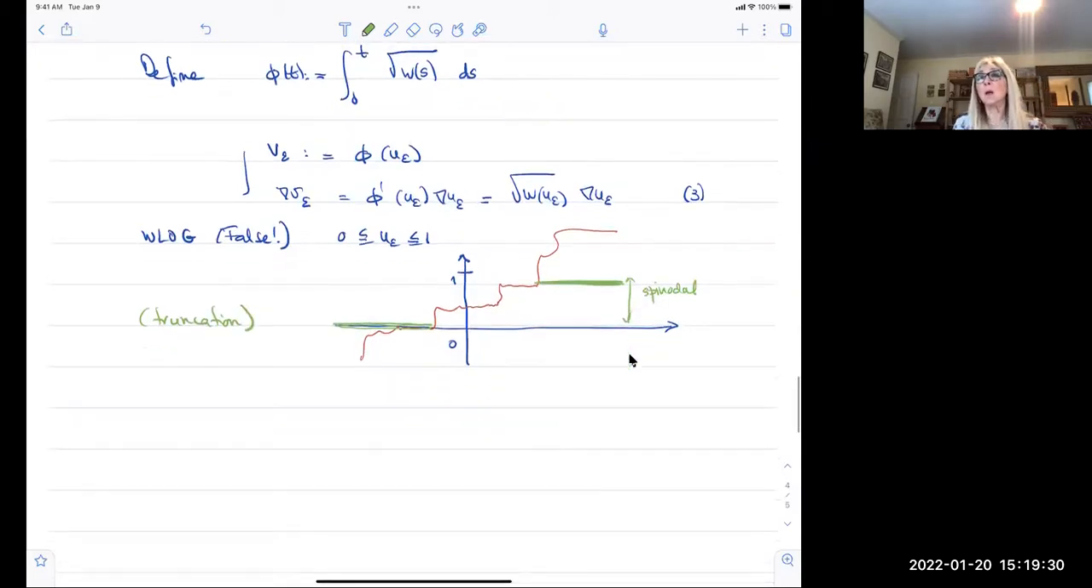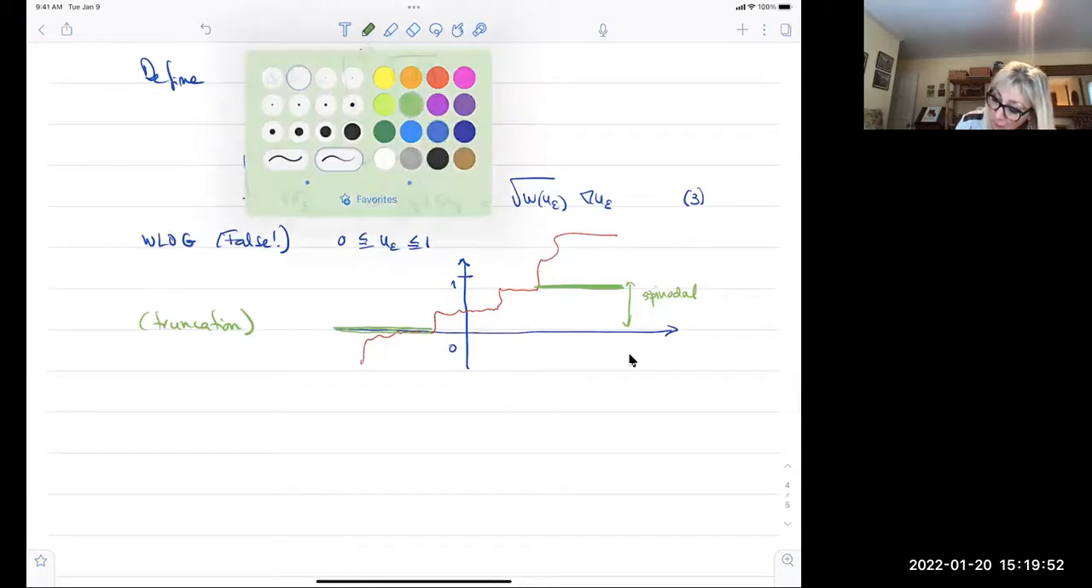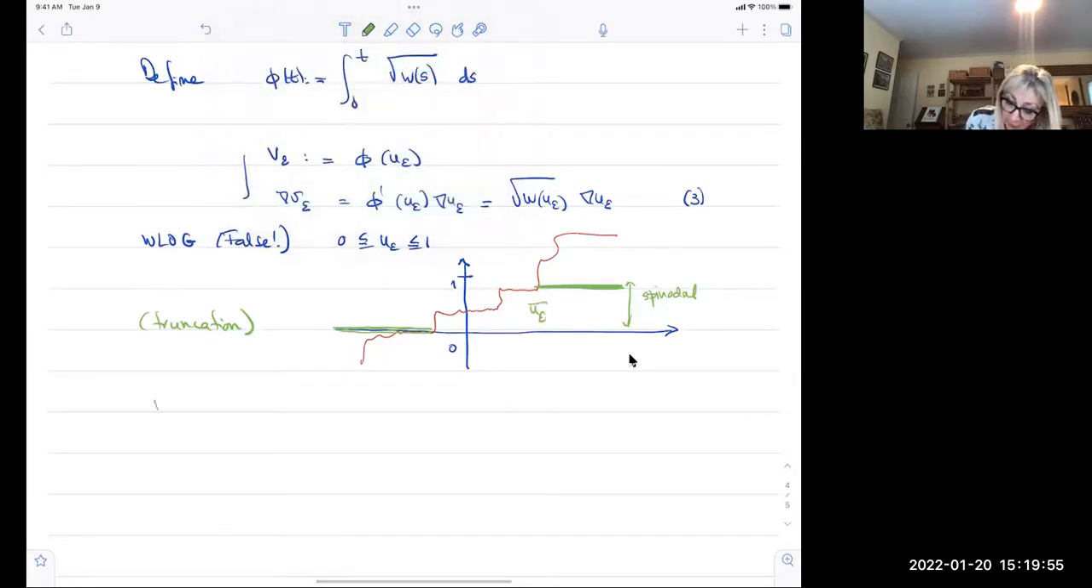And look, why do I say without loss of generality? Because morally, I have no interest to go below 0 or above 1, because W likes to live between 0 and 1. And say if I would call this u epsilon bar, which would be the truncation, maybe I should put it in green. If I call this the truncation, u epsilon bar, you calculate the energy of u epsilon bar, and you say,